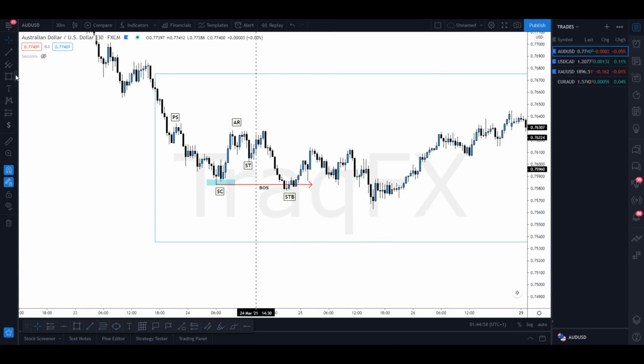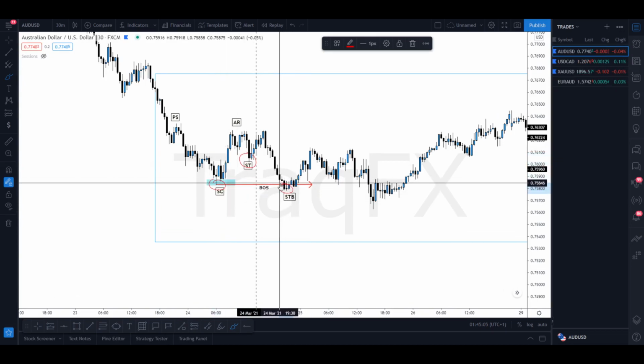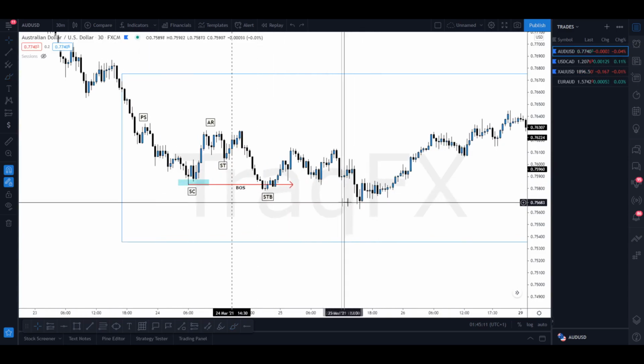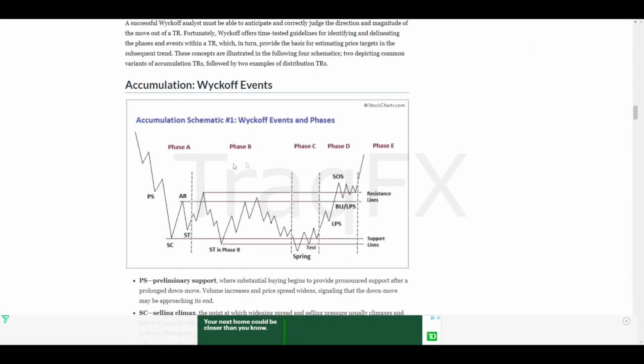The market now, what it did is it took out the money of the secondary test buyers and the selling climax buyers. So at this point, you still may be confused, saying, okay, wait, how do I actually trade it? Trust me, I'm going to get to how we trade it, how we enter. Just keep watching. So now we're in phase C or phase B, where we see the market take the low